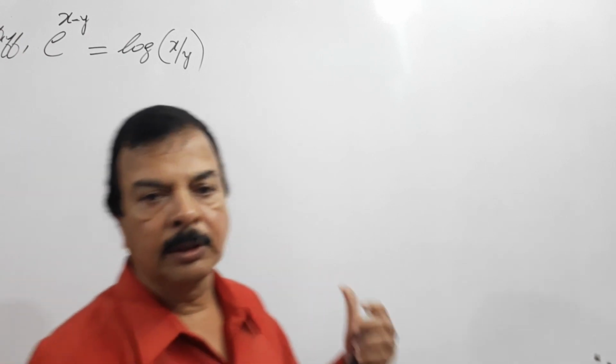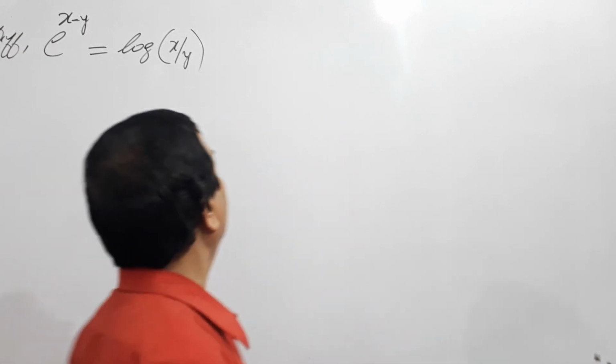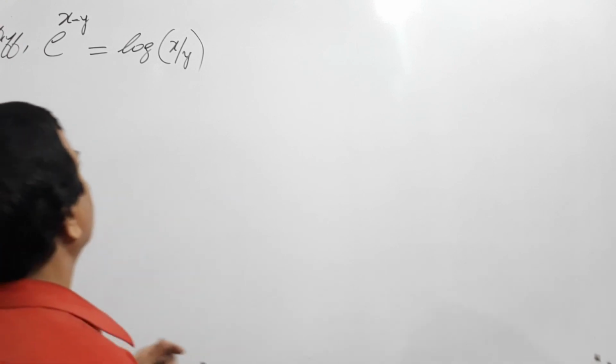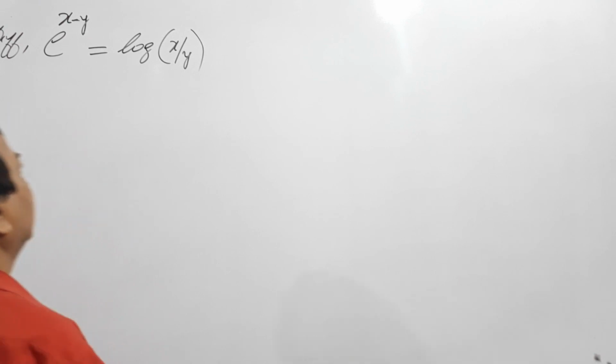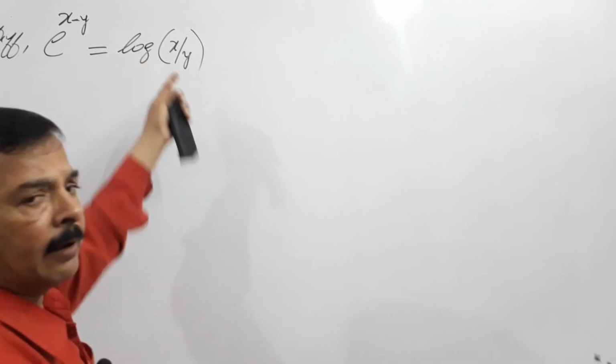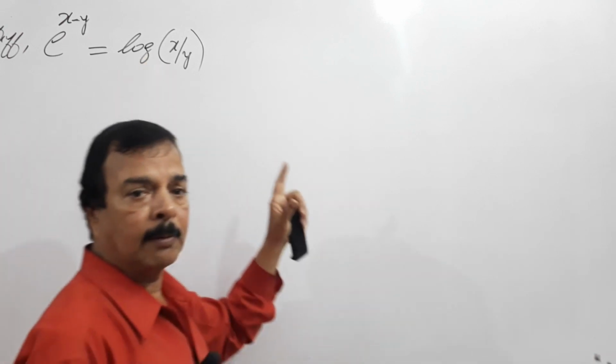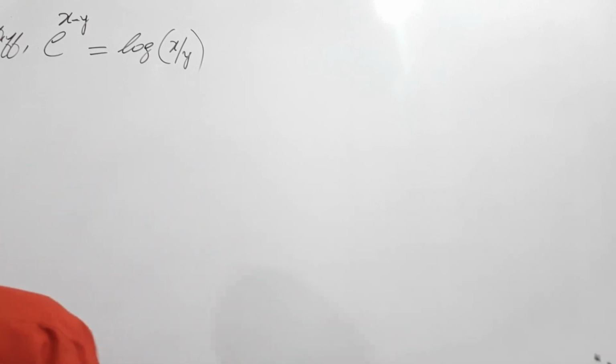So dear students, this is a very simple problem. We'll do this. So we have e to the power of x minus y. So take log on both sides. So in this case already we have a log. For that reason I have chosen this problem. So what I will do,